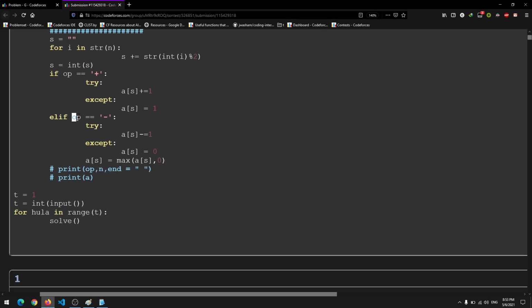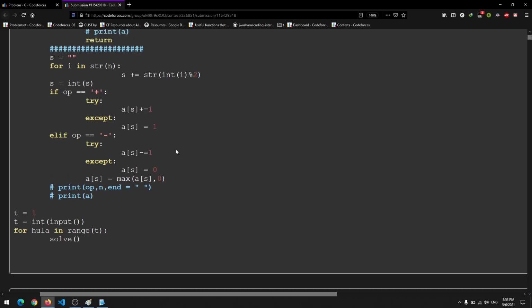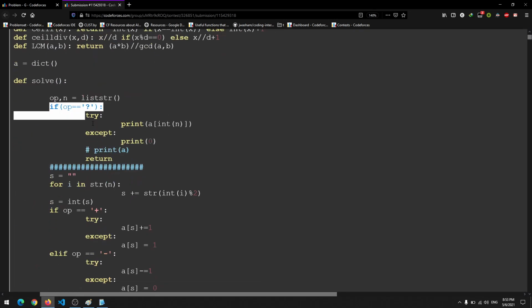If the operator is minus, we decrease that counter by 1. If it reaches a negative value, it does not matter in Python, but it would matter in C++, because C++ would create it as 0 first and then decrease it by 1.